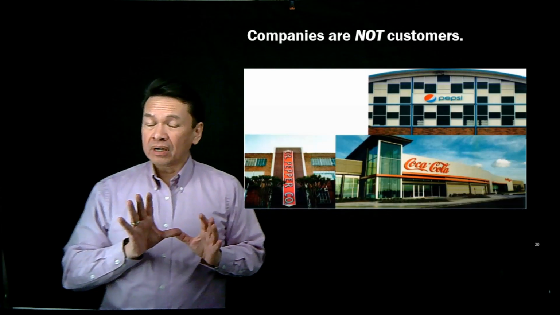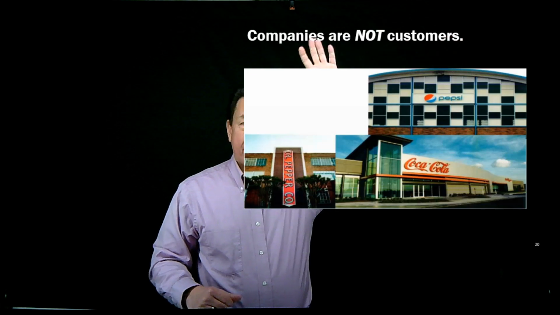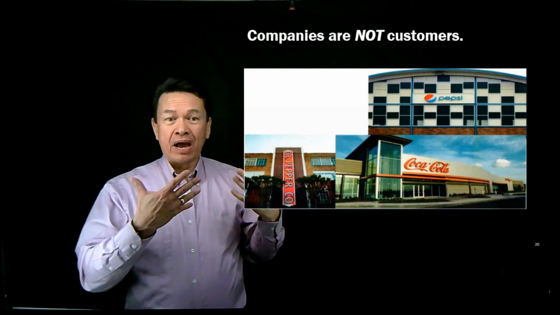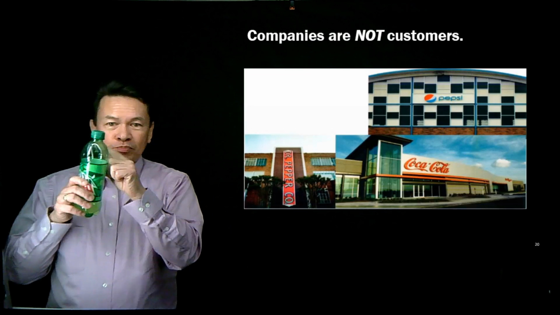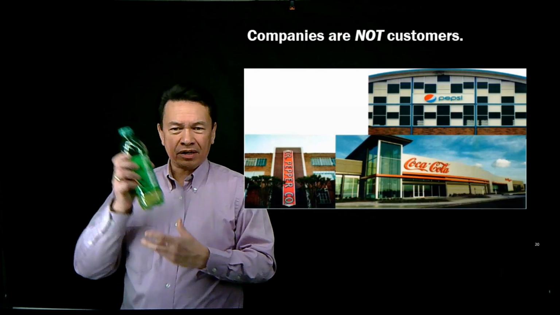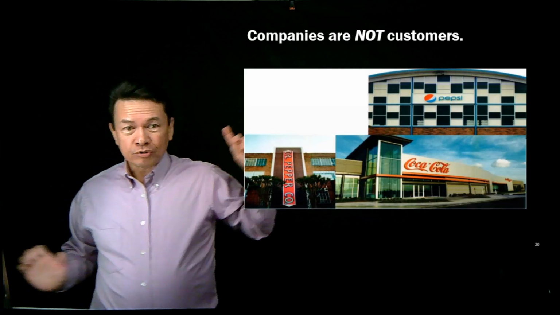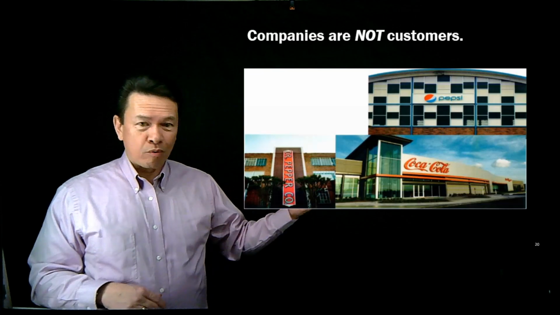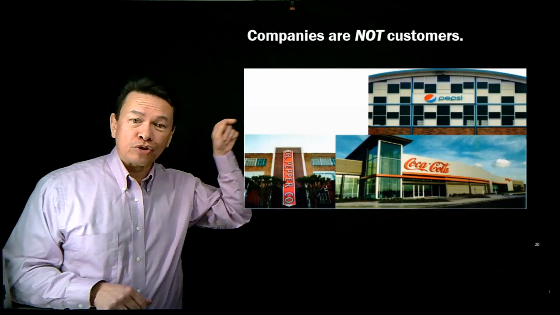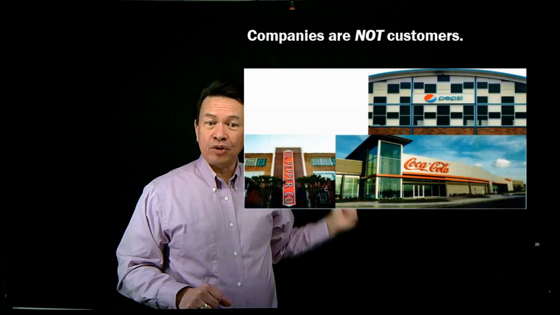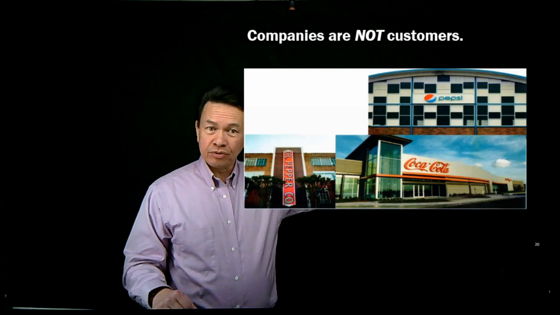So just one word of caution, I would say companies are not customers, right? What I mean by that is, let's say I invented something. Let's say I invented a new type of plastic, right? And this plastic is biodegradable, and actually keeps your, let's say, soda cold and some of those kinds of things. So it's fantastic, right? Who do I sell to? Do I sell to Coca-Cola? Initially, you might say yes, but do I walk in the front door and say, hey, Coca-Cola, I've got this fantastic invention? No, you actually sell to humans, people inside of those companies. So your objective is to figure out who are the actual buyers inside of those companies, okay?